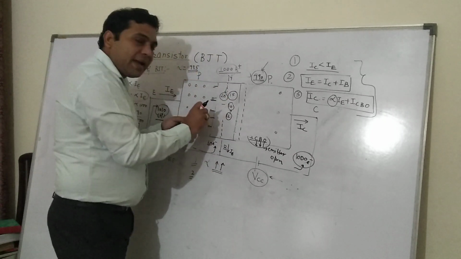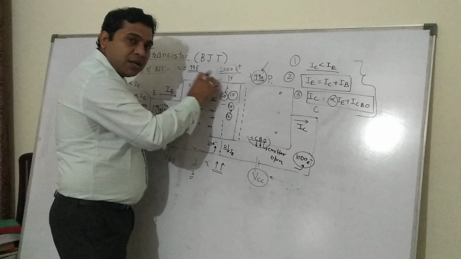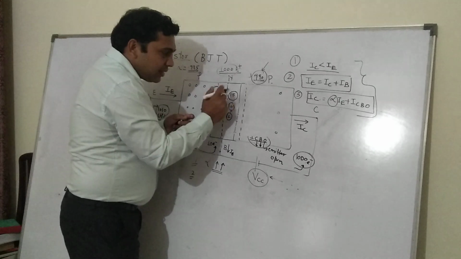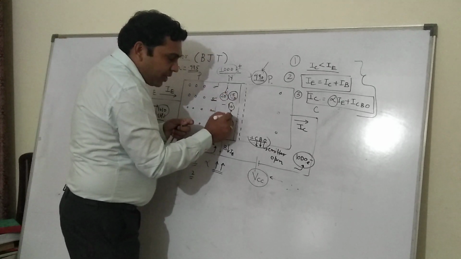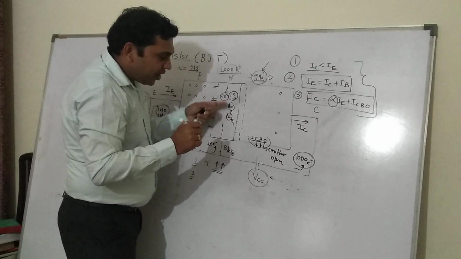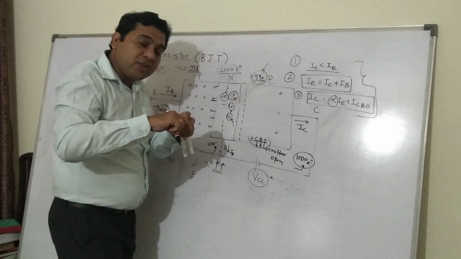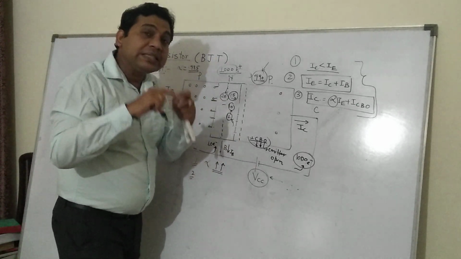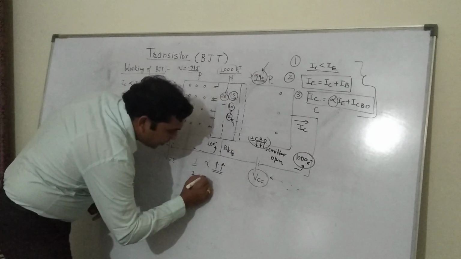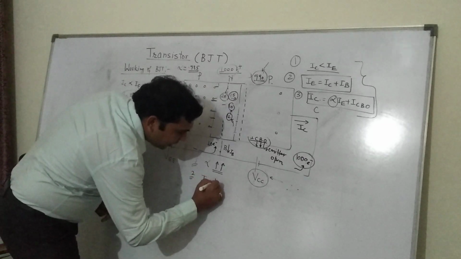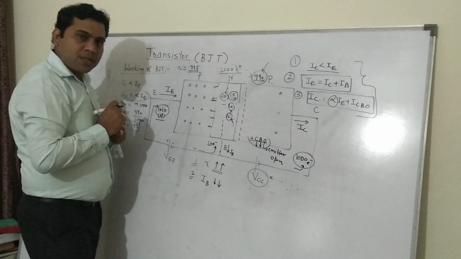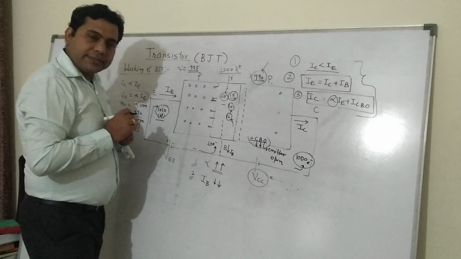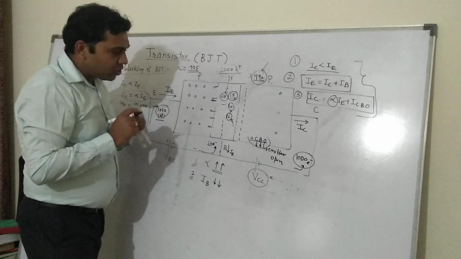Because the probability of recombining of the majority charge carriers which are coming from the emitter region has gone down now. So this is 15 and this increases from 10 to 12. So the overall difference 15 minus 12 is 3. So the base current, earlier it was due to the 10 carriers. Now the base current is due to the 3 carriers. So definitely the base current will decrease. Base current will decrease and alpha will increase.